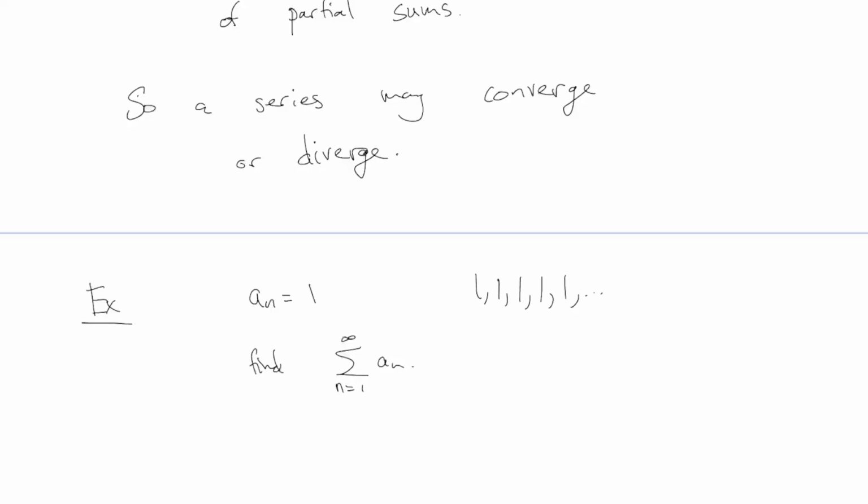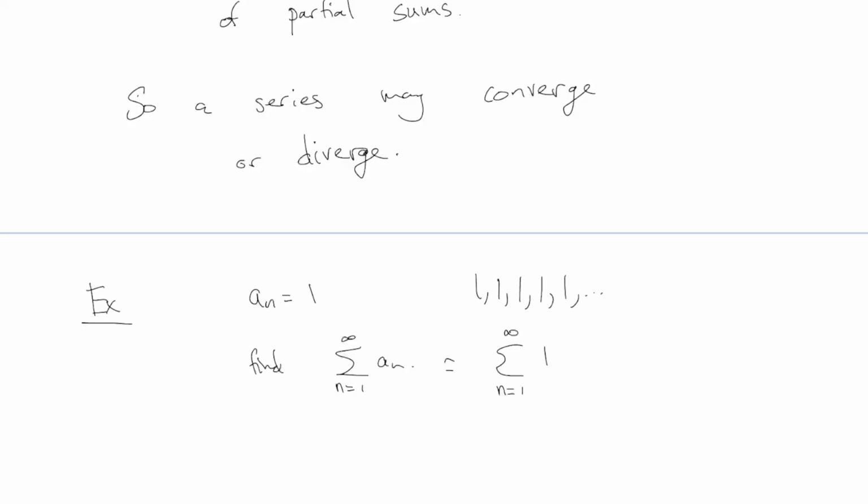If you are thinking along with me, I think this one is fairly obvious that it does not add up to a particular number. Think about what this means. an, of course, is just 1 every time. So this means this, just plugging it in, is the sum of 1 from n equals 1 to infinity. That means I'm doing 1 plus 1 plus 1 plus 1 infinitely many times. This does not add up to 8 or something like that. It basically adds up to infinity if you want to say it that way. But your expectation should be that this is going to diverge, right? If you just add 1 over and over again up to infinity, it does not converge to any particular answer.